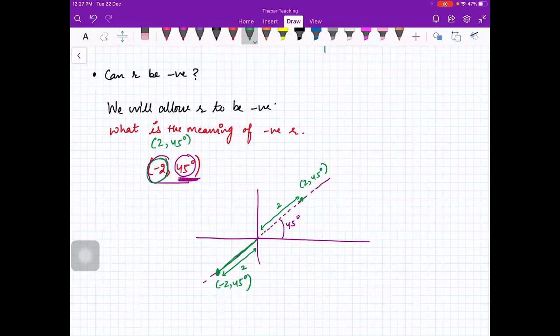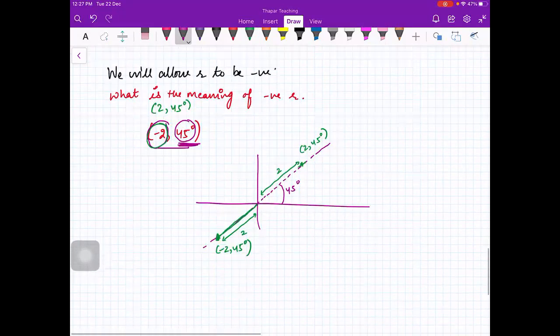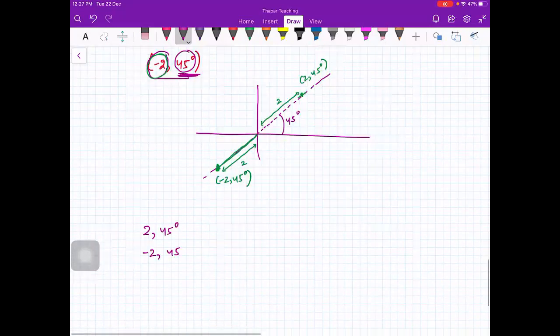This should be 135 degree, no? Yes, ma'am, exactly, 135. Ma'am, that angle should not come as 135 degree. Yeah, that is what I'm saying. Let me explain again. If you have this point -2 comma 45 degree, and then you have this point 2 comma 135 degree, right? You can also say 180 plus 45. 180 plus 35 is how much? 215, no? 215 degrees. So 215 degree, or you can take 2 comma minus 135 degree.